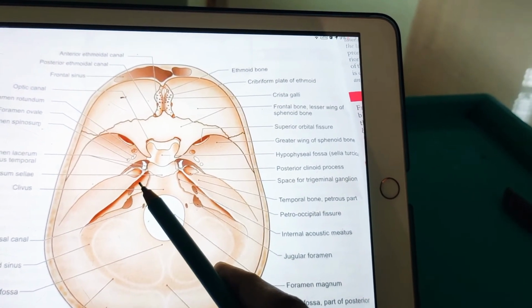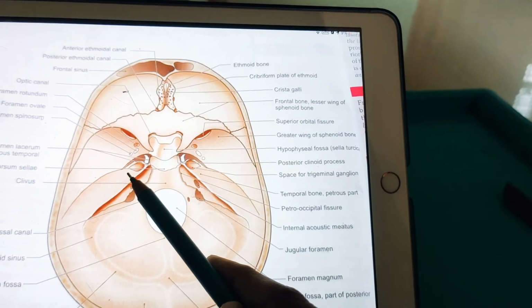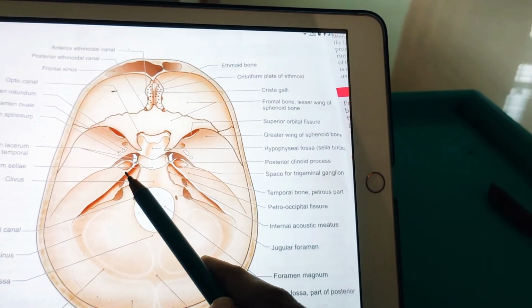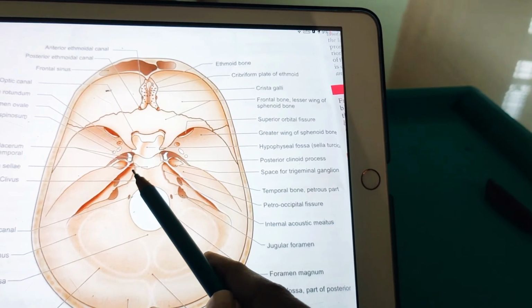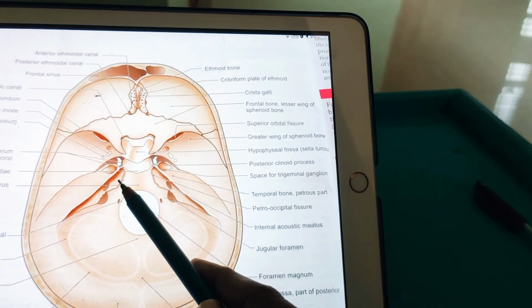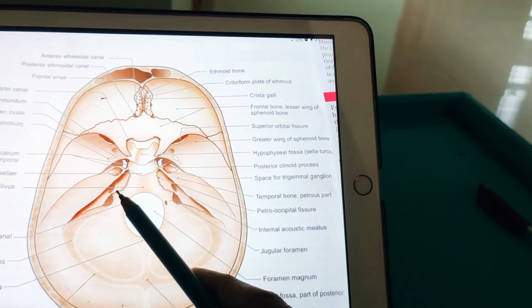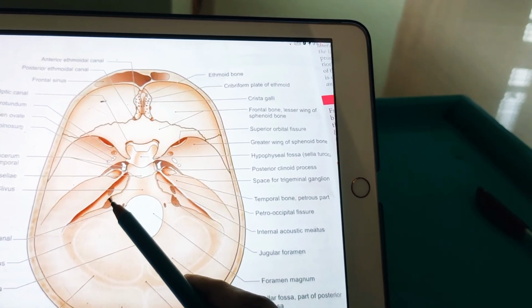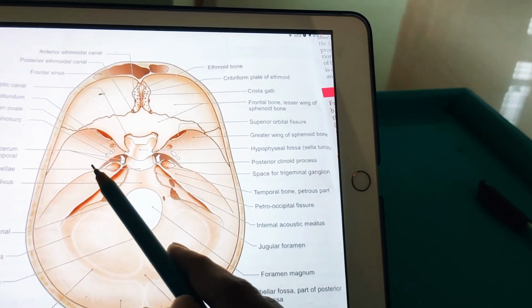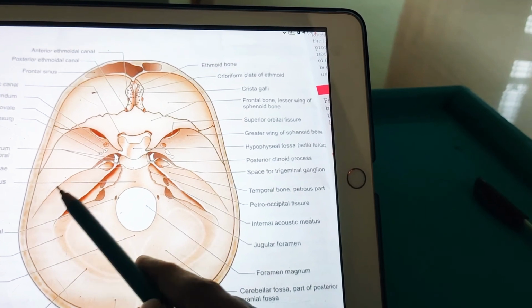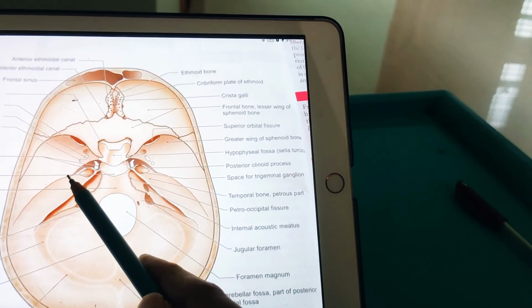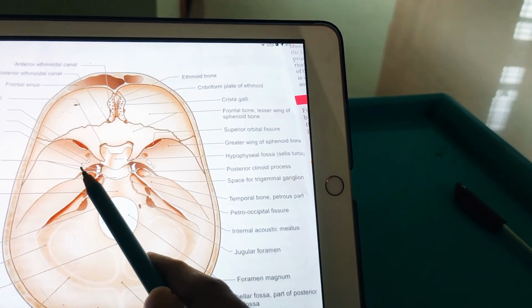Now coming to the hiatus and groove for lesser petrosal nerve. It lies lateral to the hiatus for greater petrosal nerve. So just lateral to it, this one. It leads to the foramen ovale or canaliculus innominatus to relay in the otic ganglion. Next, coming to still more lateral, there is the arcuate eminence. So this one is called the arcuate eminence. The arcuate eminence is produced by the superior semicircular canal.